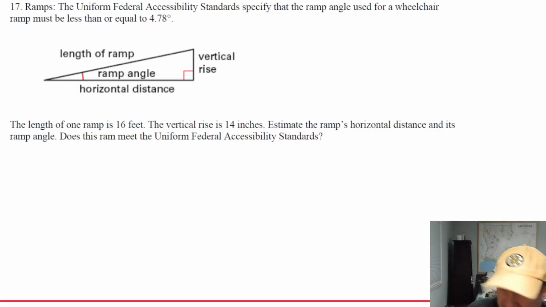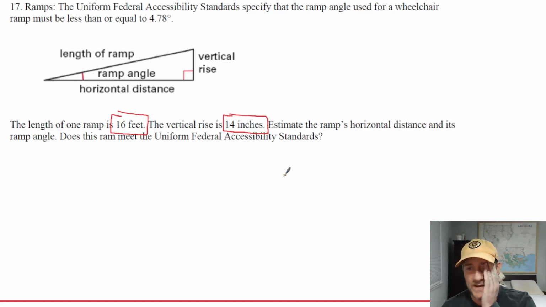So looking at 17, I think I explained to most classes, but not necessarily all. But there's a problem here because they're talking about the ramp being 16 feet, and then they talk about the vertical rise being 14 inches. In a math problem like this, you really can't have two different units. If you have feet and inches, then you either need to turn the inches into feet or the feet into inches. And turning inches into feet is not easy because 1 foot